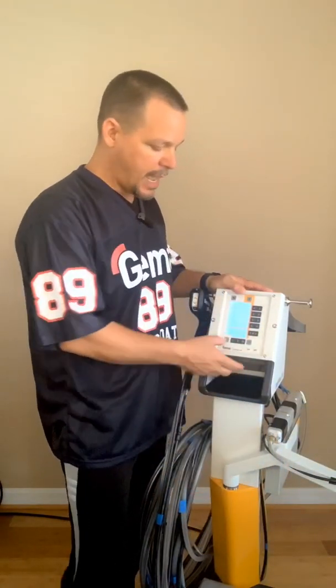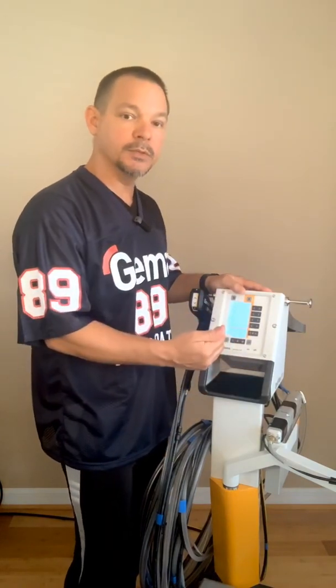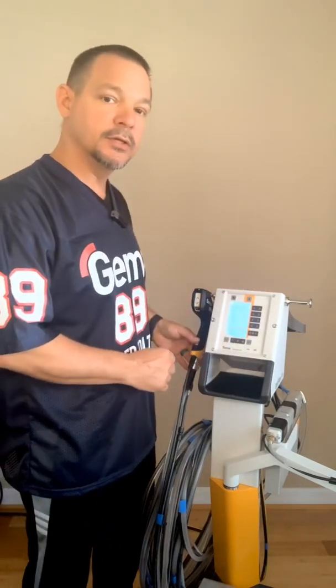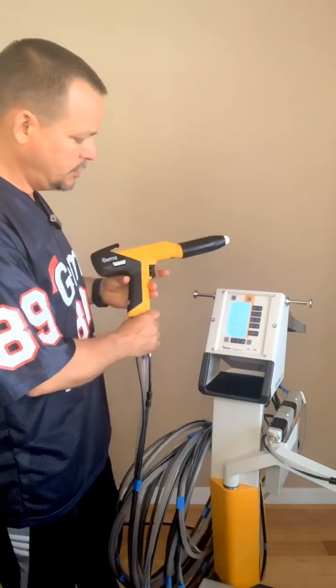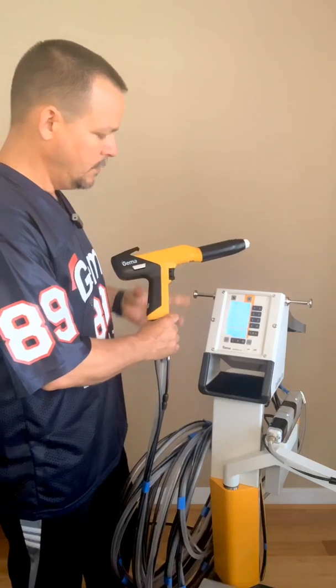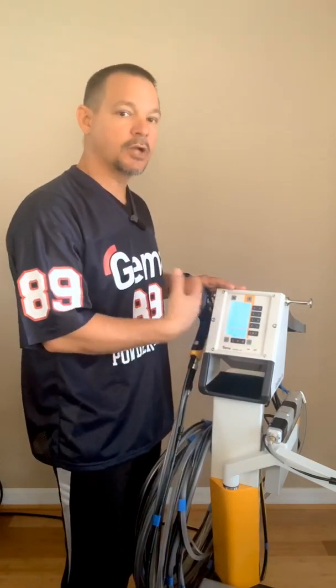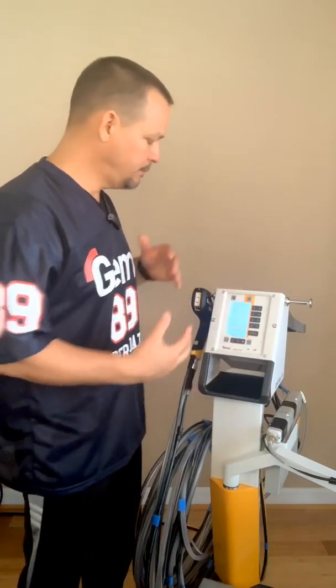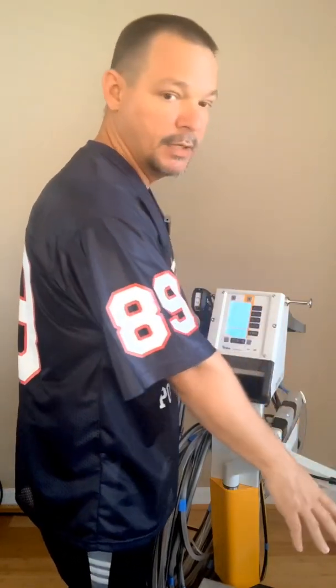So we'll go ahead and activate it. We'll activate it on the cleaning mode for forward and backwards. I have no compressed air hooked up to it, so you won't hear it. But once you activate it, you'll hit the trigger mechanism one time and let go. I can hear the valves clicking, so it's starting to clean. So it would be pushing powder and air out to the front